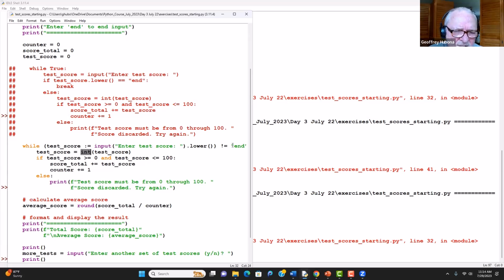But because you have to allow the possibility of them entering end, which is a string, in this program, it has to be done this way. If you put integer here, when they enter end, you'll have a problem. Okay, so